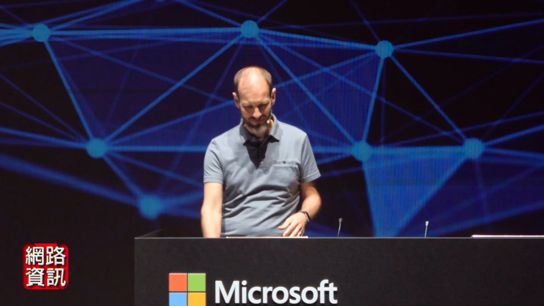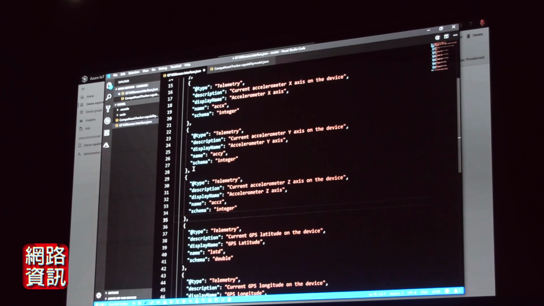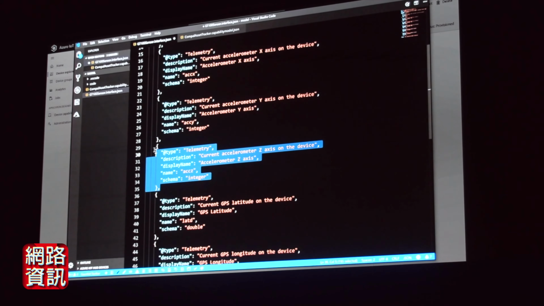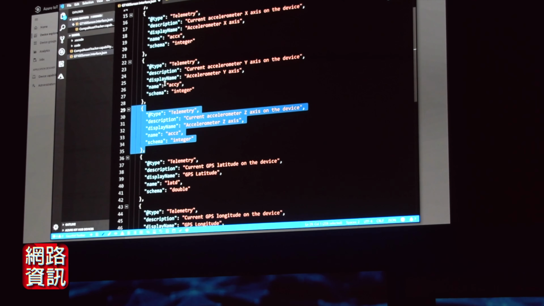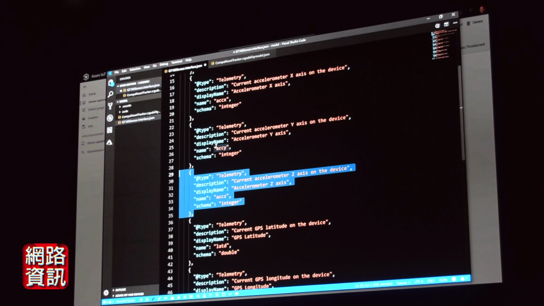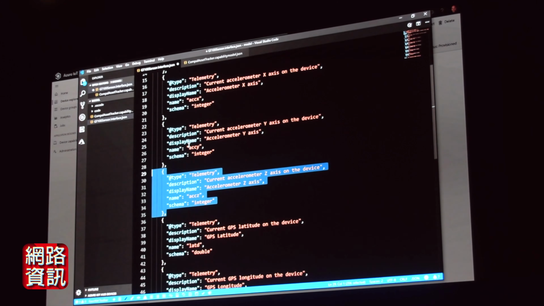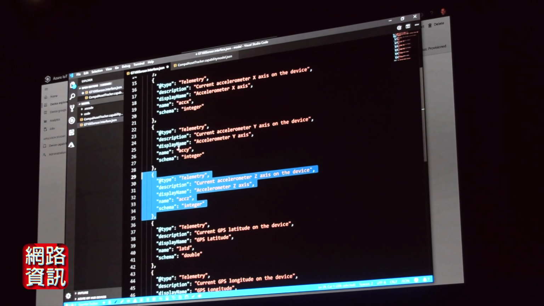Now, let me show you the device capability model in Visual Studio Code. Here you can see some simple XML that describes this device capability model for the device. And you can see here's the example of the Z-axis accelerometer data from the device. So it's a pretty simple way to describe the interface of how your data shows up in XML,